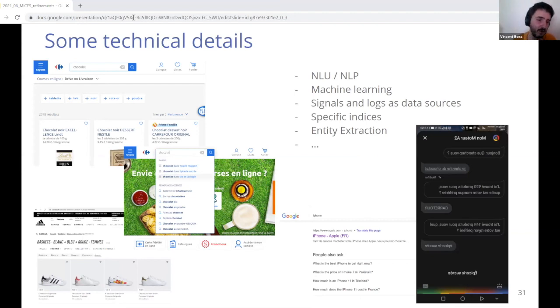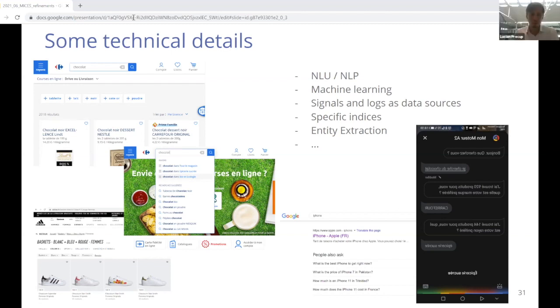Here it's like a summary of what we said. Basically, before, the technologies were only, but still very useful, aggregations or facets in Elasticsearch or Solr. And now we are using more and more NLU, NLP and machine learning. We are looking at user signals and not only what is in the documents. We do more entity extraction, and the same way that search evolves with this technology, facets are evolving as well. Refinements. We don't have time to go much into the technical detail, but the key point here is that